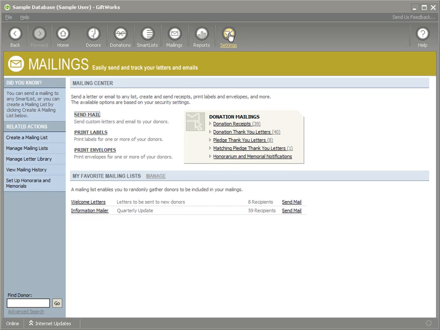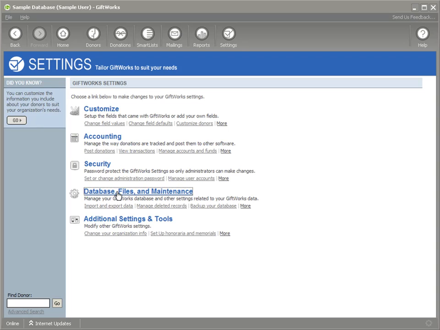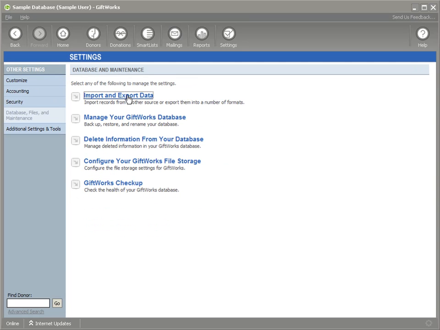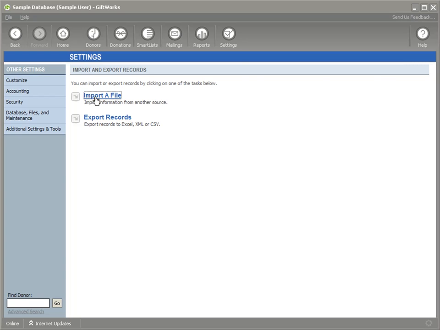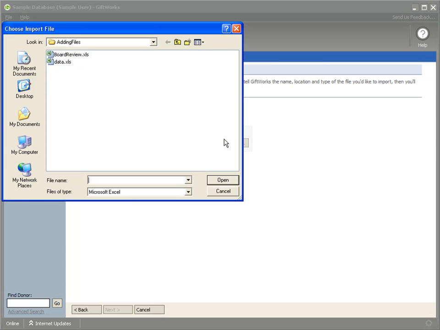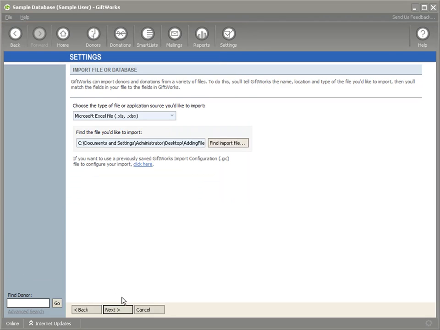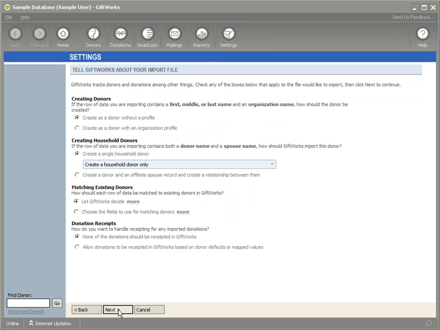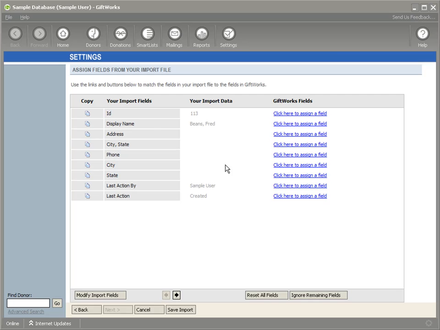The last thing I want to show you is the changes that we've made. If I go to database files and maintenance, there is the ability to import honorary memorials into GiftWorks as part of importing donations. If I click on import a file, I'll just choose a quick file here. And I'm not going to complete the full import, but I did want to show you that if I click on the fields that you can import,